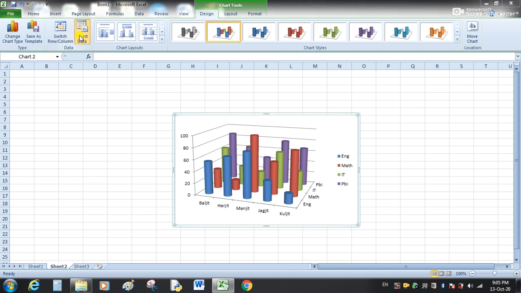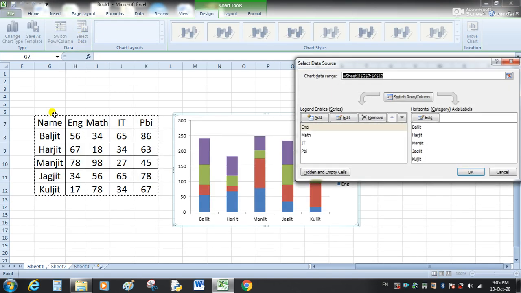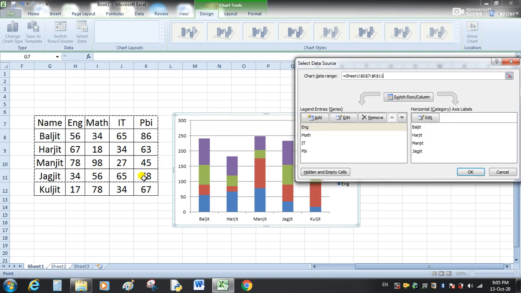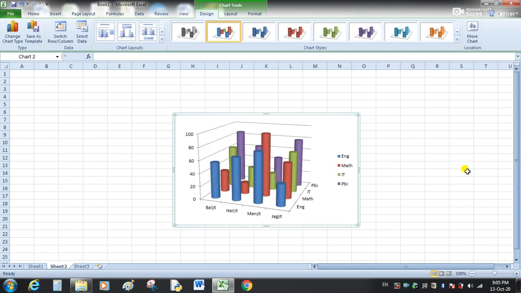Then from here select data and make the selection again, and don't select the record which you don't want to include in your chart. So I have not selected Kuljit. You can see now the chart is displaying data only about the 4 students.